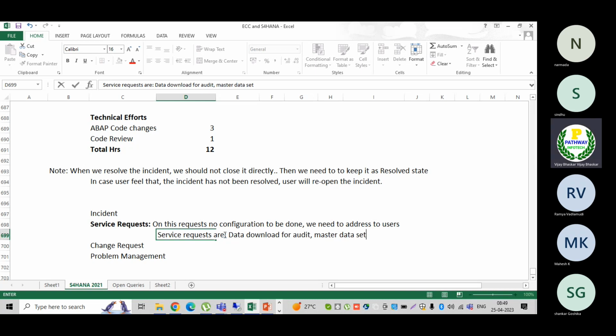Then master data setup. So what will happen with master data setup? In the development system and quality system, we are able to create any master data like GL master data, vendor, customer, asset, whatever it may be. We will do that. But in the production system, we are not the authorized persons to do anything. In such a situation, what will happen? Let us assume